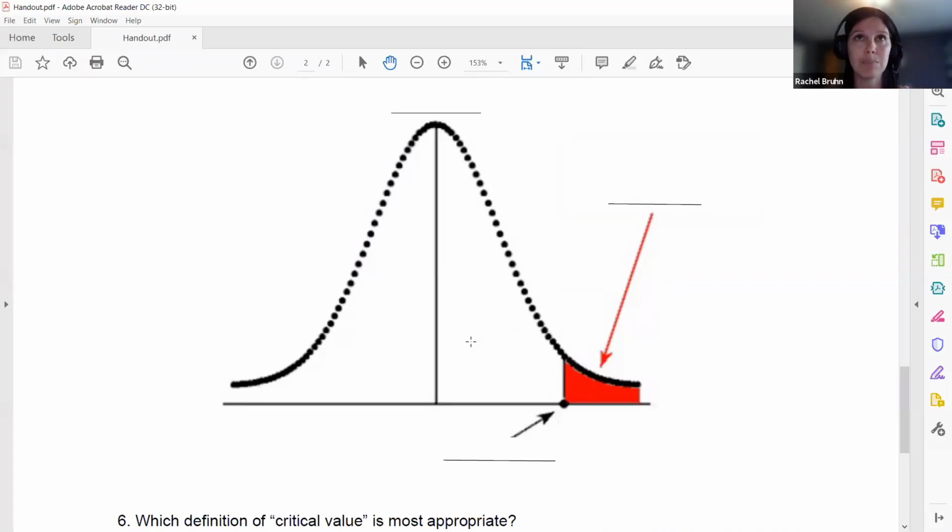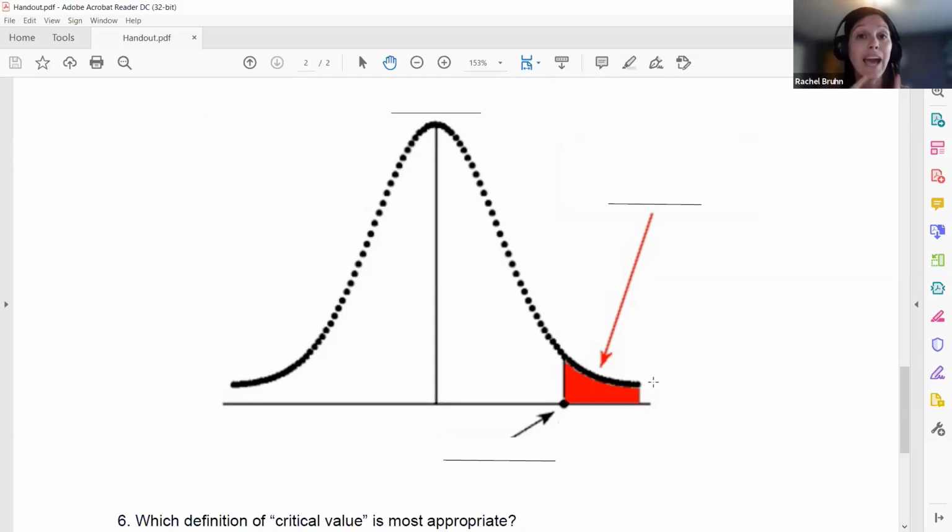So if I think, for example, that females have a higher IQ than males, then I'm only focused on one tail because I only think it's going to be higher. I don't think it's going to be lower, so I can ignore that tail. Versus a two-tailed or non-directional test, meaning I think there's going to be a difference. I don't know who's going to be higher, but I think they're going to be different. One is going to be higher than the other, I just don't know which one. In that case, I'm looking at both tails because I want to make sure that if there's a difference, I'm capturing it regardless of whether it's higher or lower.